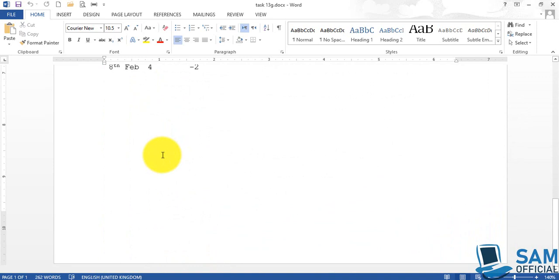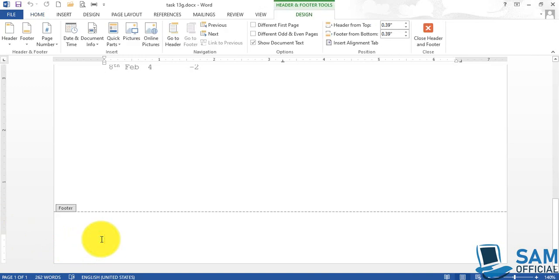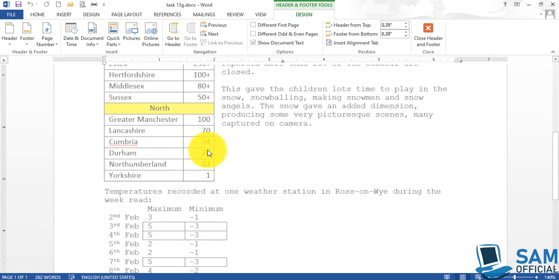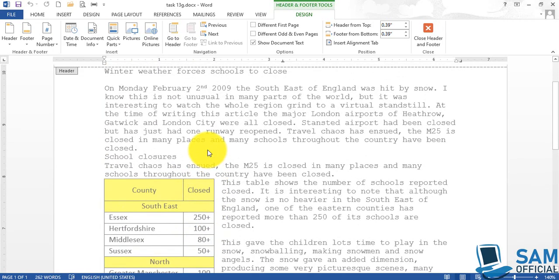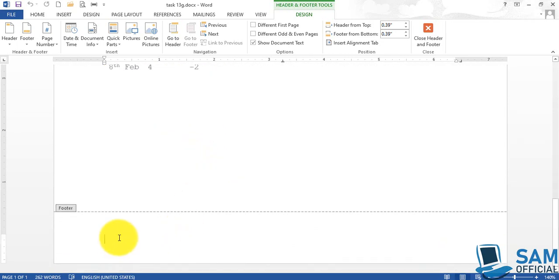So let's place the cursor inside the footer, scroll in your document and reach at the bottom and look at this grayish area. This is basically the bottom margin. Double click inside it. You can see that the footer is activated now, and rest of the text editor, its color is grayed out, which means that it's deactivated or disabled right now. Now we are in the footer